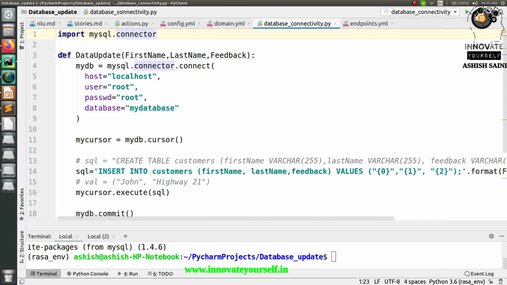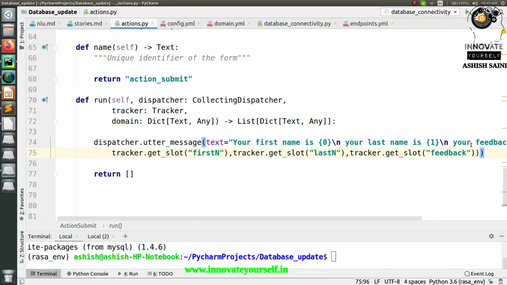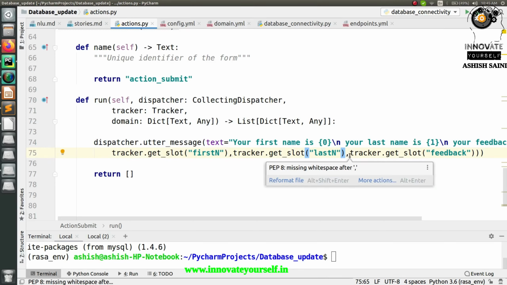For that I have created a function, because I have to call this function in the actions file by passing these values which I have collected here, right? Which I showed you in the last session, like how you can display those values. Now we don't have to display those values.